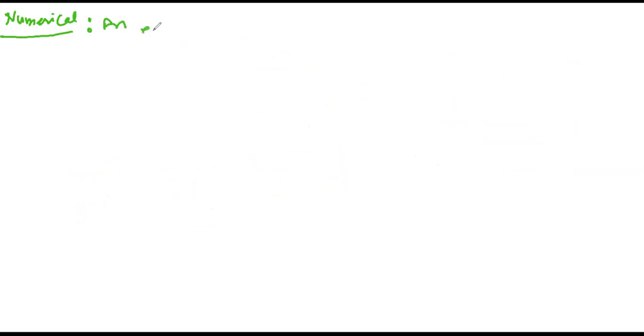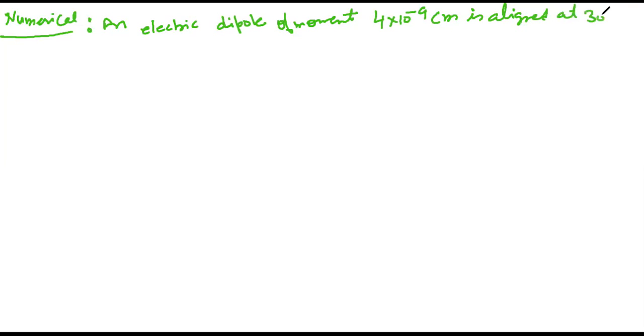An electric dipole of moment 4 × 10⁻⁹ Coulomb meter is aligned at 30 degrees with the direction of a uniform electric field